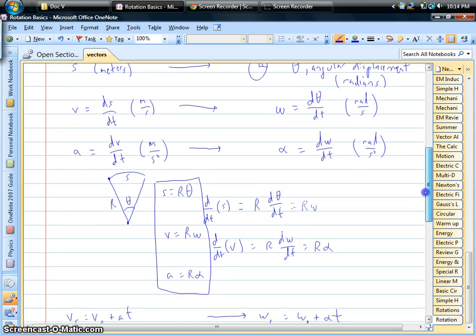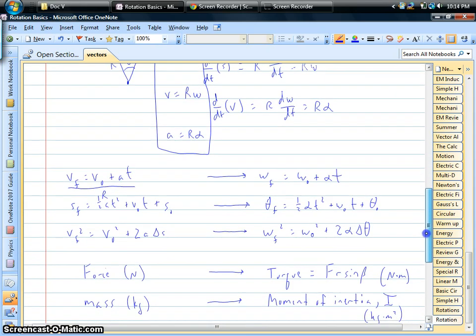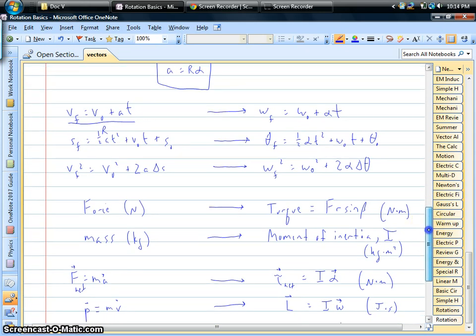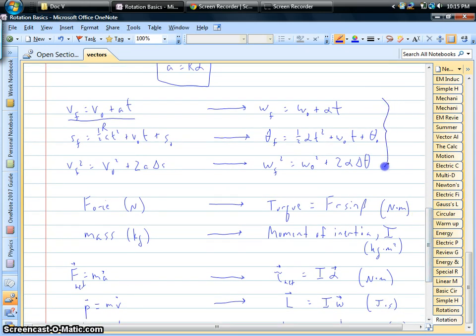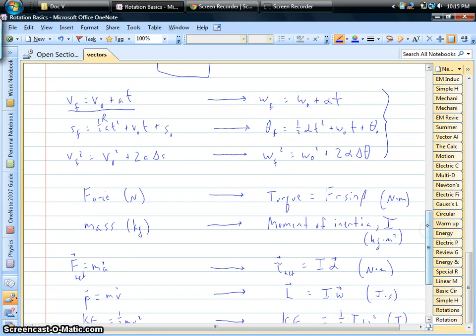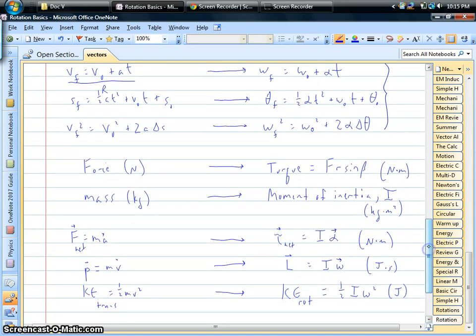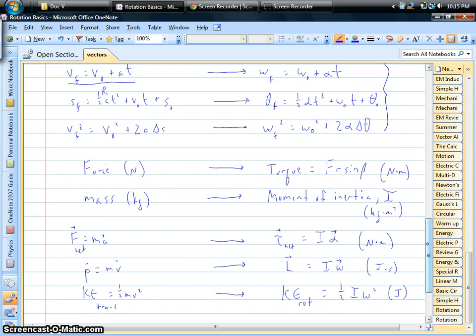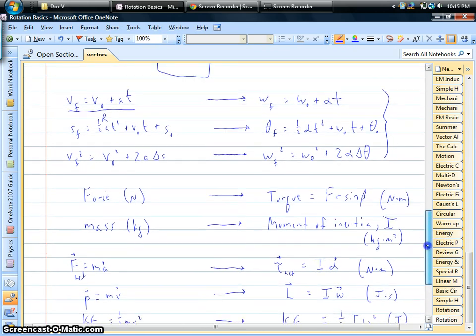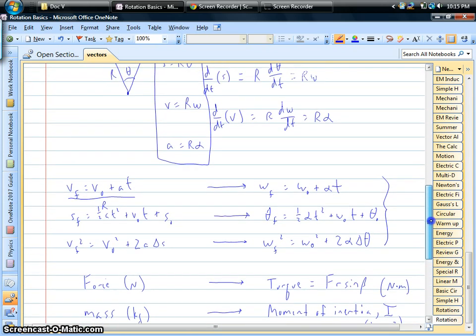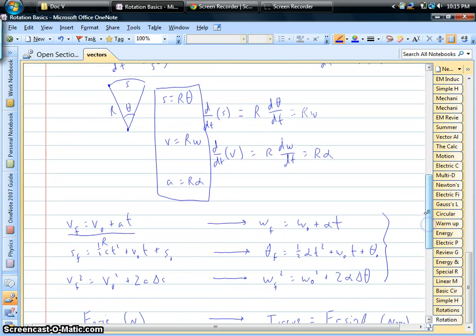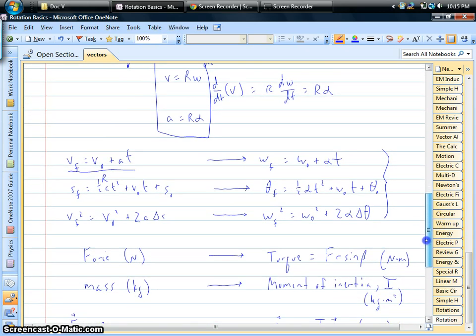And keep in mind, before you start getting worried or too freaked out about all this, it's so beneficial that these relationships that we're used to are going to have analogs pretty much every single time, just by making these simple substitutions of quantities. So we'll have a lot of the same ideas. Energy is going to be conserved. We're still going to have conservation of angular momentum, just like linear momentum. And we'll do all this stuff in class in great detail. But for now, just keep in mind, we're going to try to make this as familiar as we can, keep it as simple as we can, and we'll